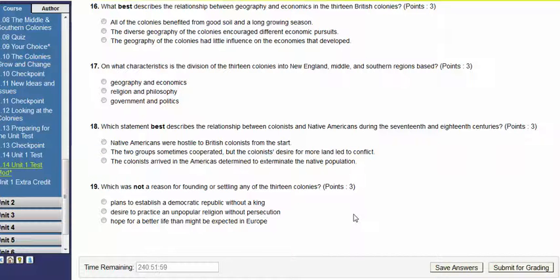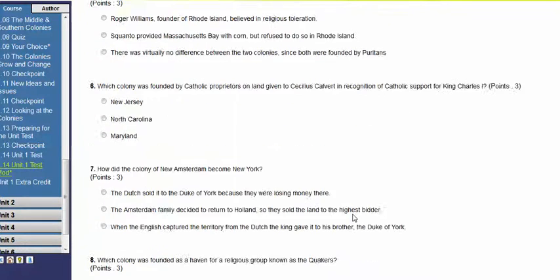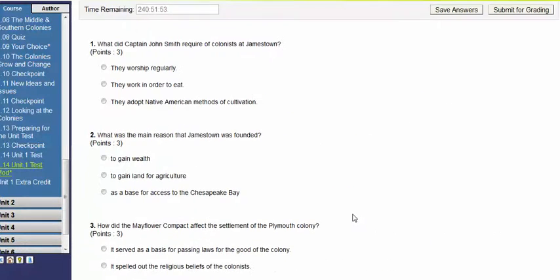My recommendation when taking a test is to always go through and answer the questions that you are more certain of. Then you should go back and reread questions that you weren't sure of. And make sure that any word that you see that you don't know the definition of, you are looking that up by using your book. You can use the index in the back of the book to identify page numbers where you can find that information